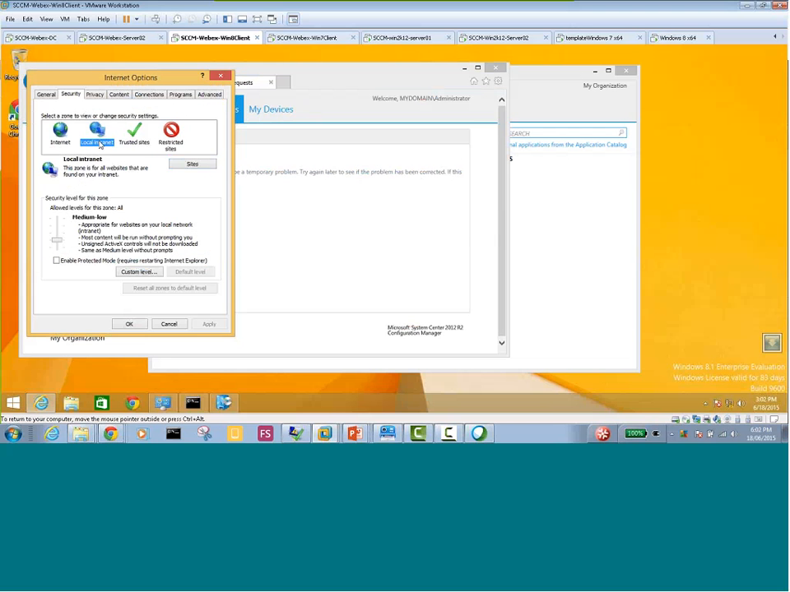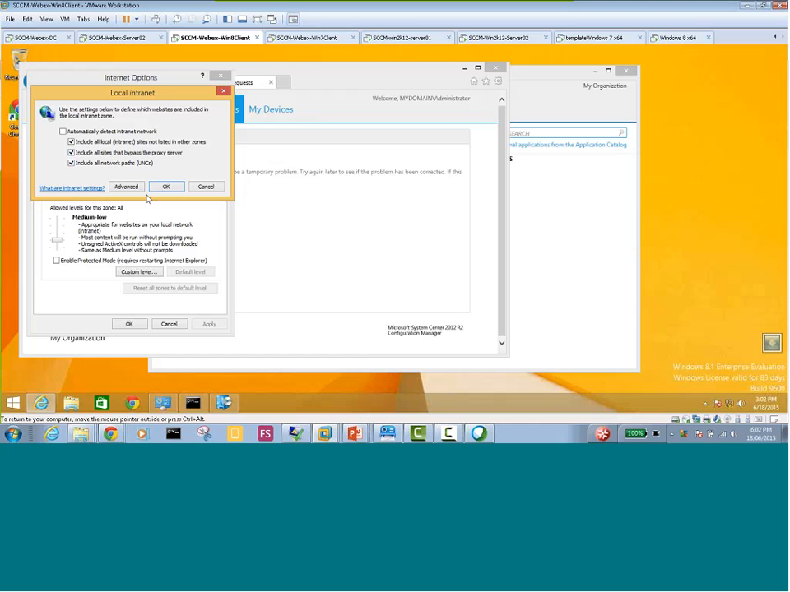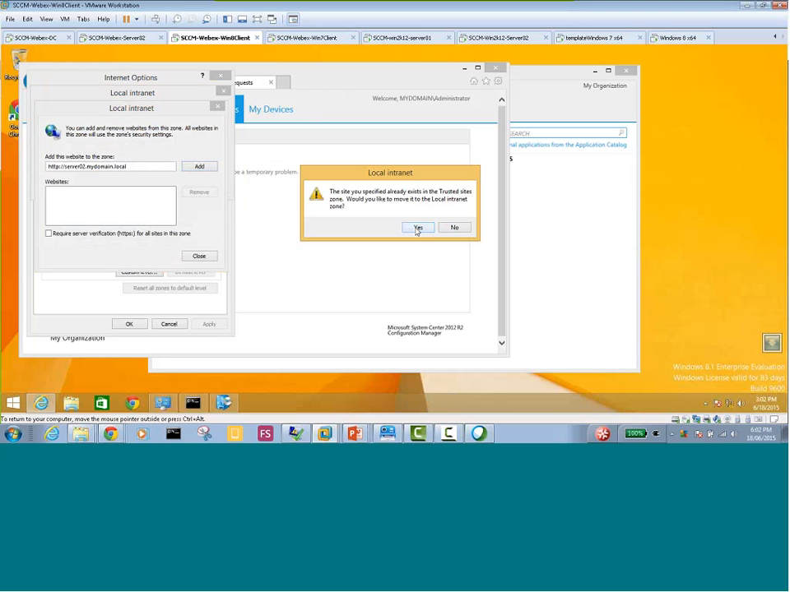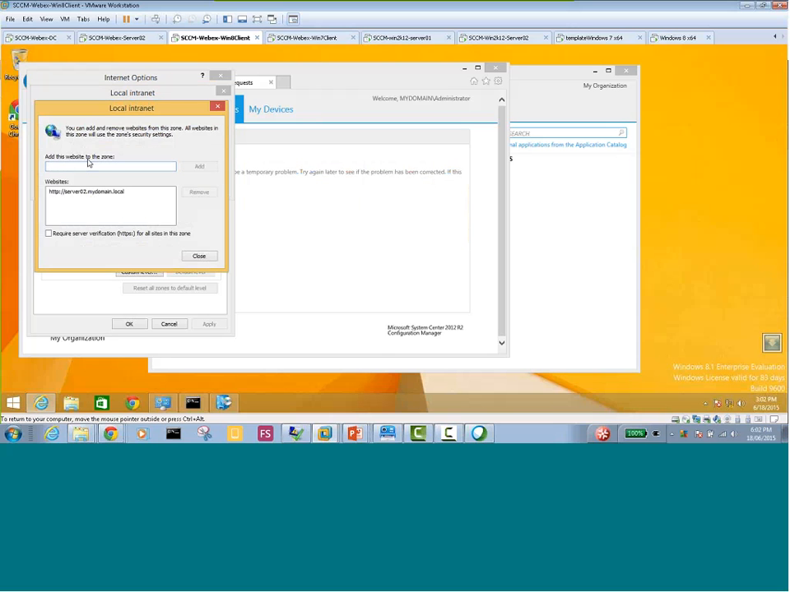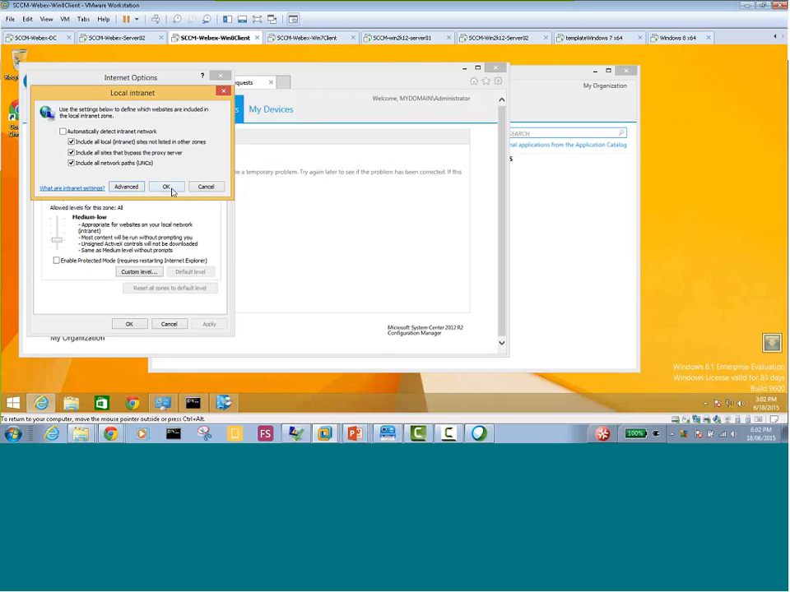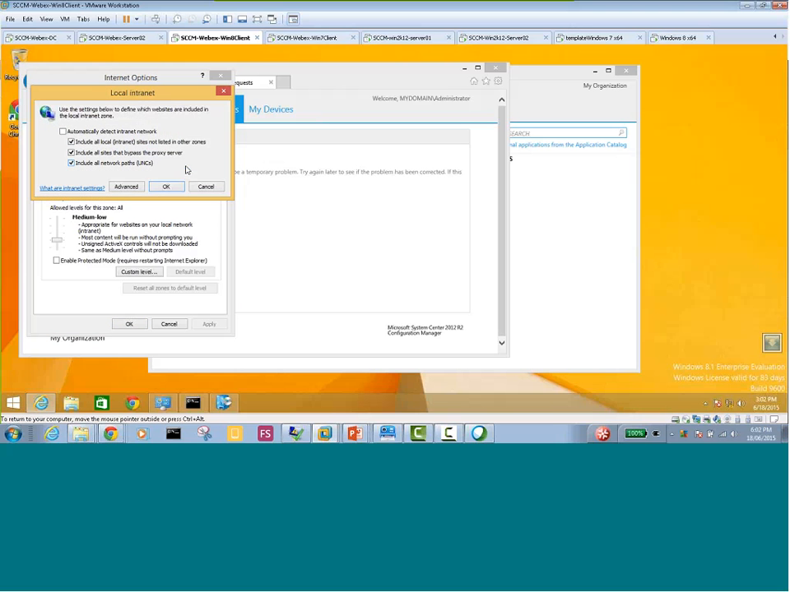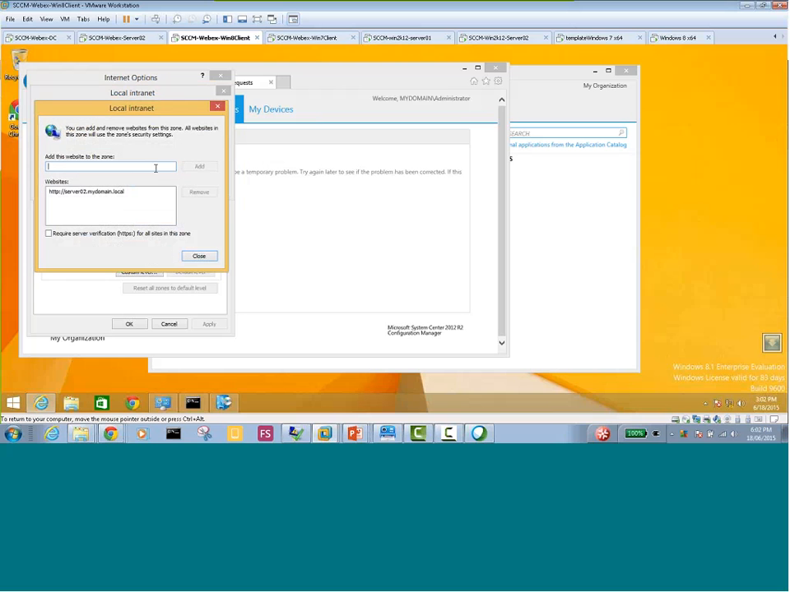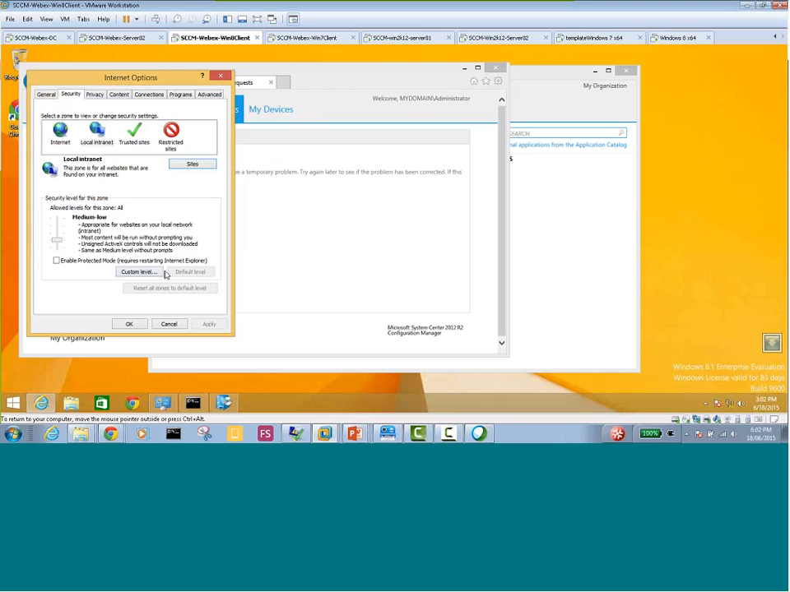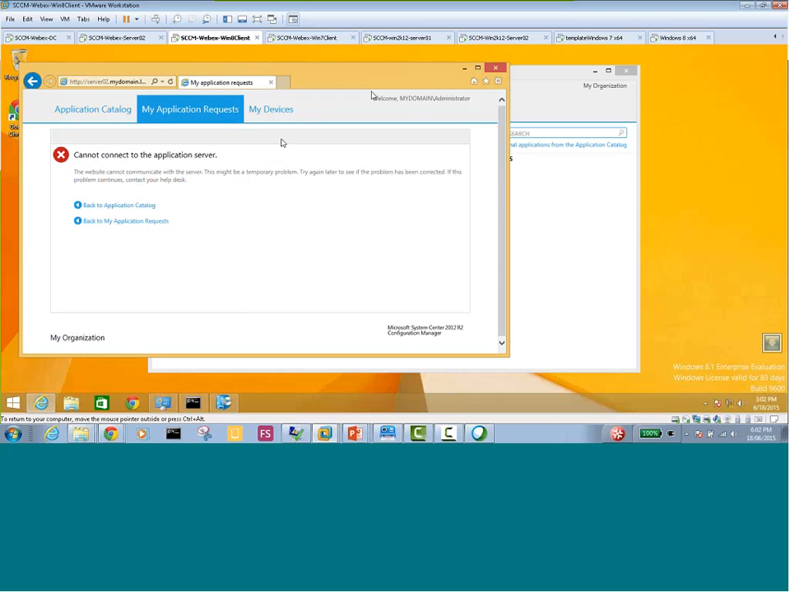If I make it a local intranet site instead of trusted sites, there is another option here, local intranet. Click sites here, click advanced, add. It's going to remove it from the trusted sites and add it to the local intranet sites. This is the area where you have trusted sites. You can just go to local intranet instead, click sites and advanced, and then add this same site which was in trusted sites into the intranet site, and it should be working, but